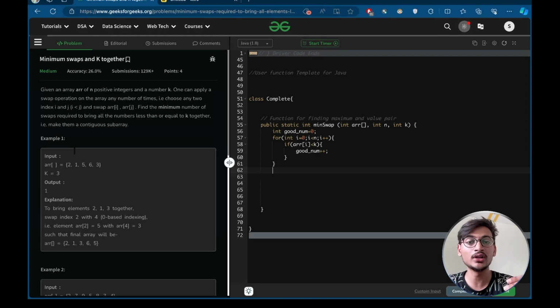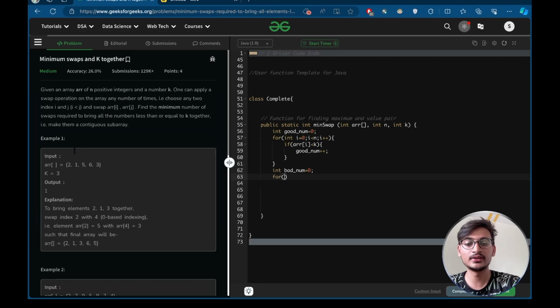Now we have to count the total number of bad elements in the starting of our window, and the window length is obviously the good numbers. So let's do it. Int bad number is equal to 0 in the start. Now we will start counting the bad elements. So int i equals 0, i should be less than good numbers,